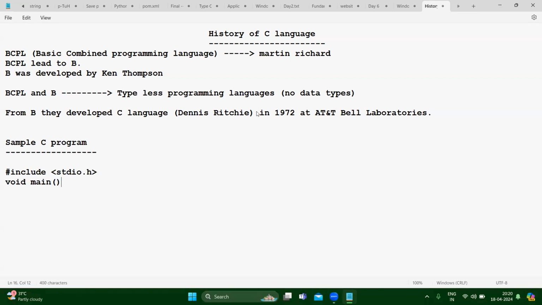Int main or void main, anything will be accepted. Then curly brackets with the processing statements inside. Closing the curly bracket, before that we should have return 0.